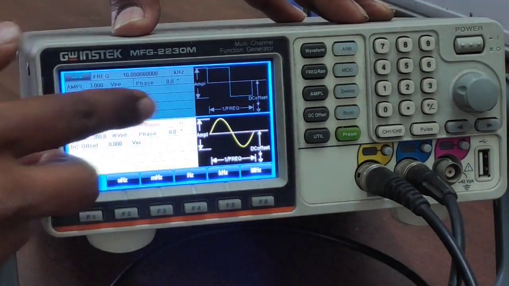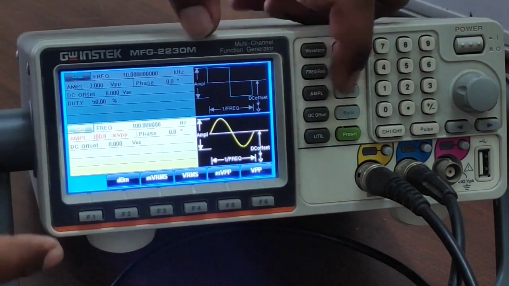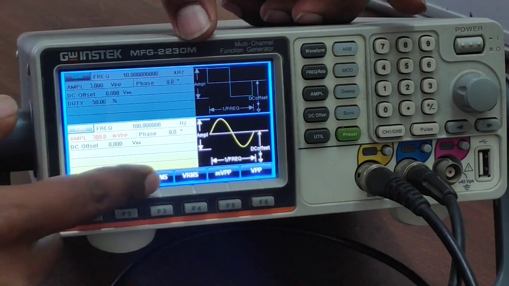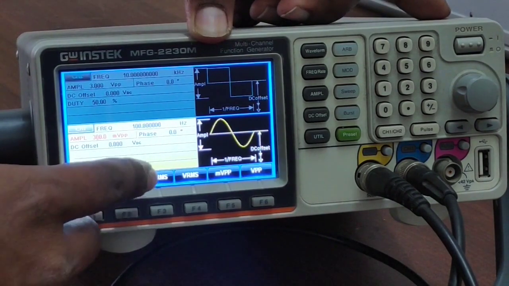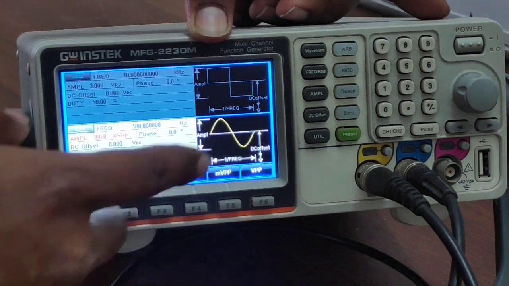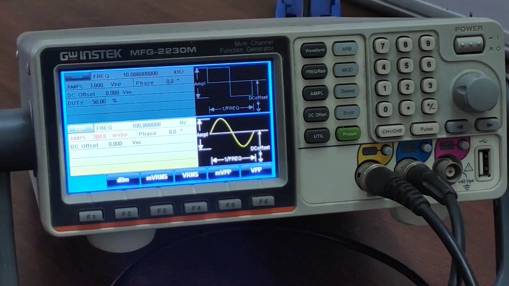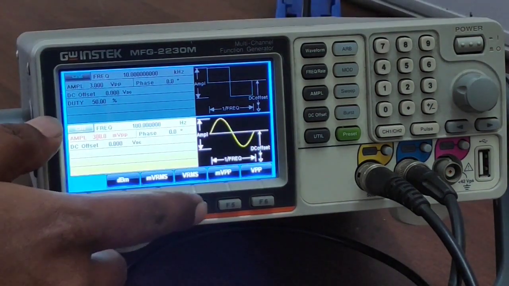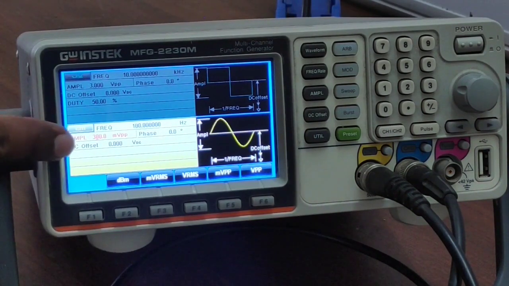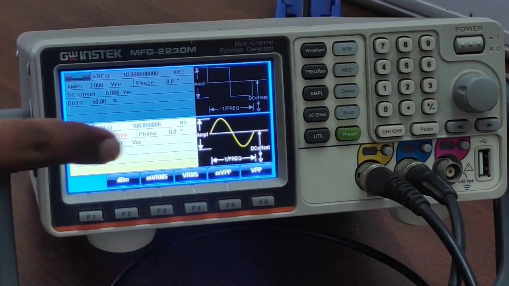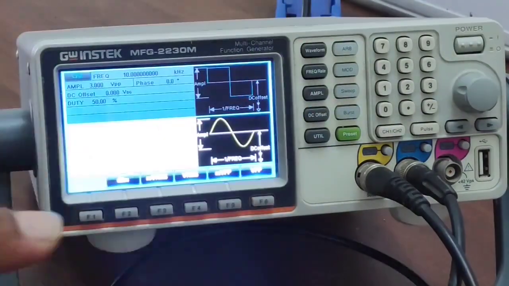Now just check it here. Frequency is 100 hertz. Simply for changing the amplitude, click on the AMPL button here, and here we are getting many different kinds of units for the voltage. The first one is for dB, the second one is for millivolt RMS, volt RMS, millivolt peak to peak, volt peak to peak. So there are many options. We could directly select any option whichever we need, and we can also manually change the value of amplitude.